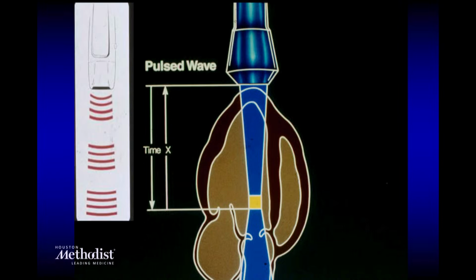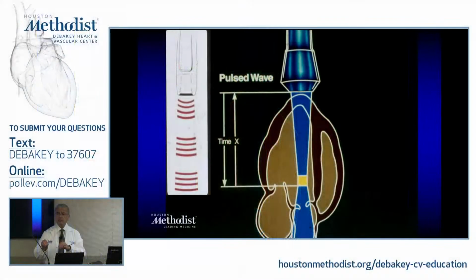Pulse Doppler, how do you do this? Pulse Doppler, I'm interested in the velocity at that site, let's say in the LV outflow tract. How do I do it? Well, I send a little burst, a little packet. You remember that packet? I send a packet, which is 3 megahertz, let's say. I send it, but I'm interested in that yellow area only.